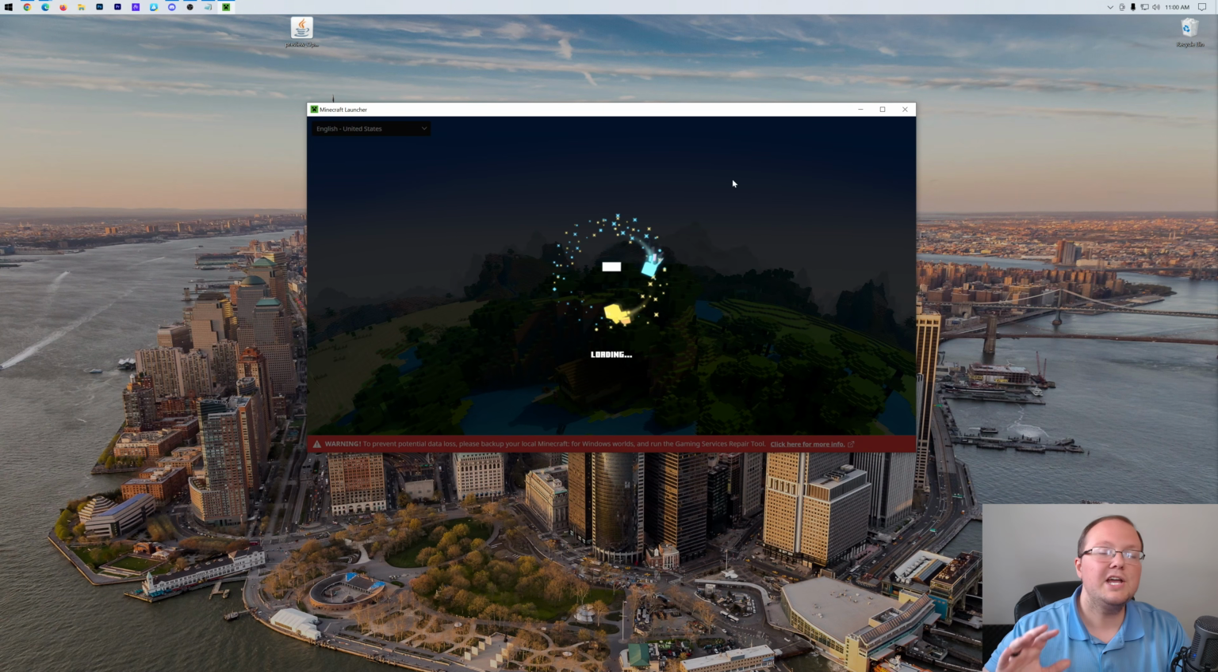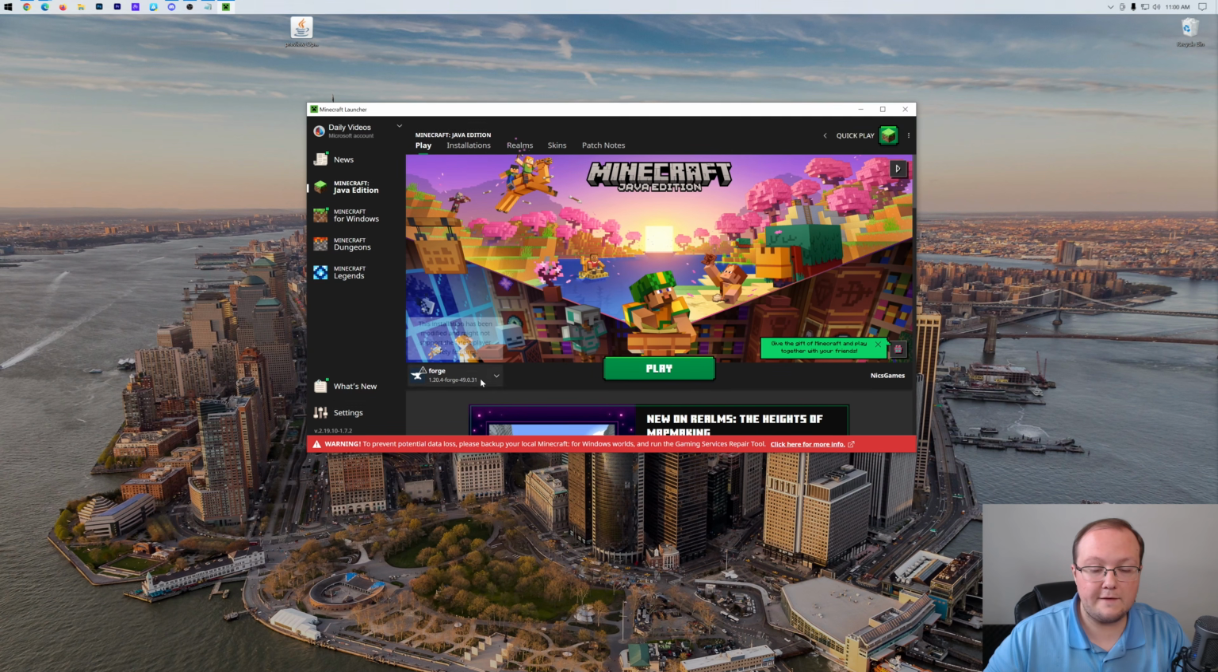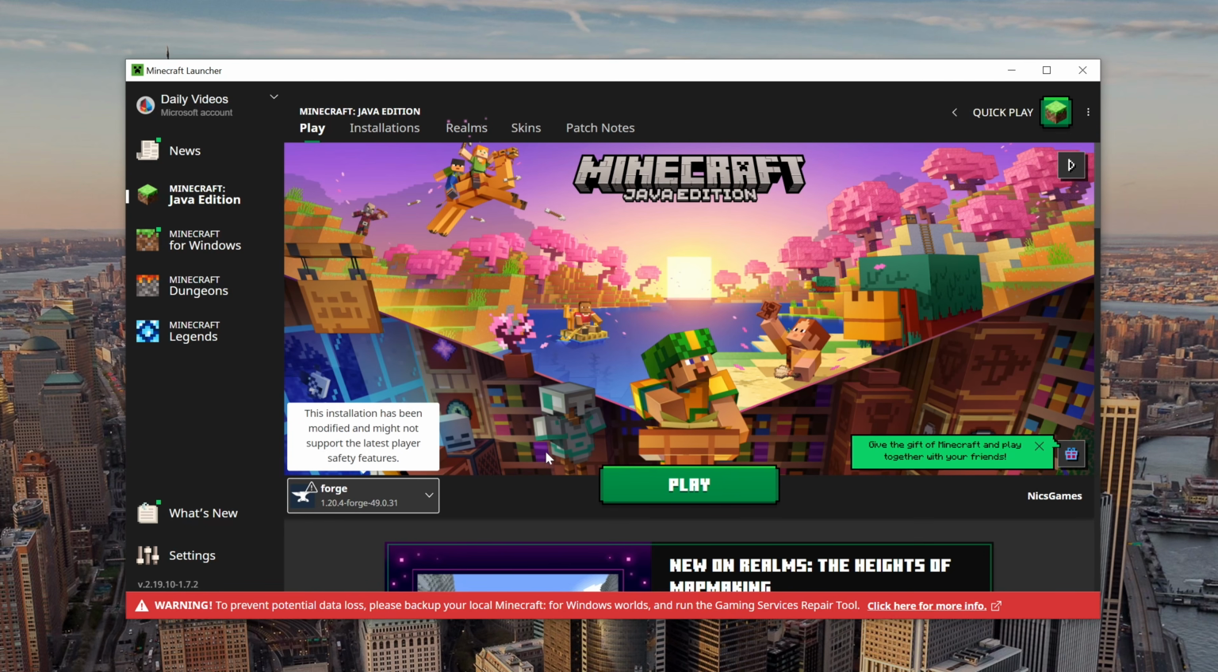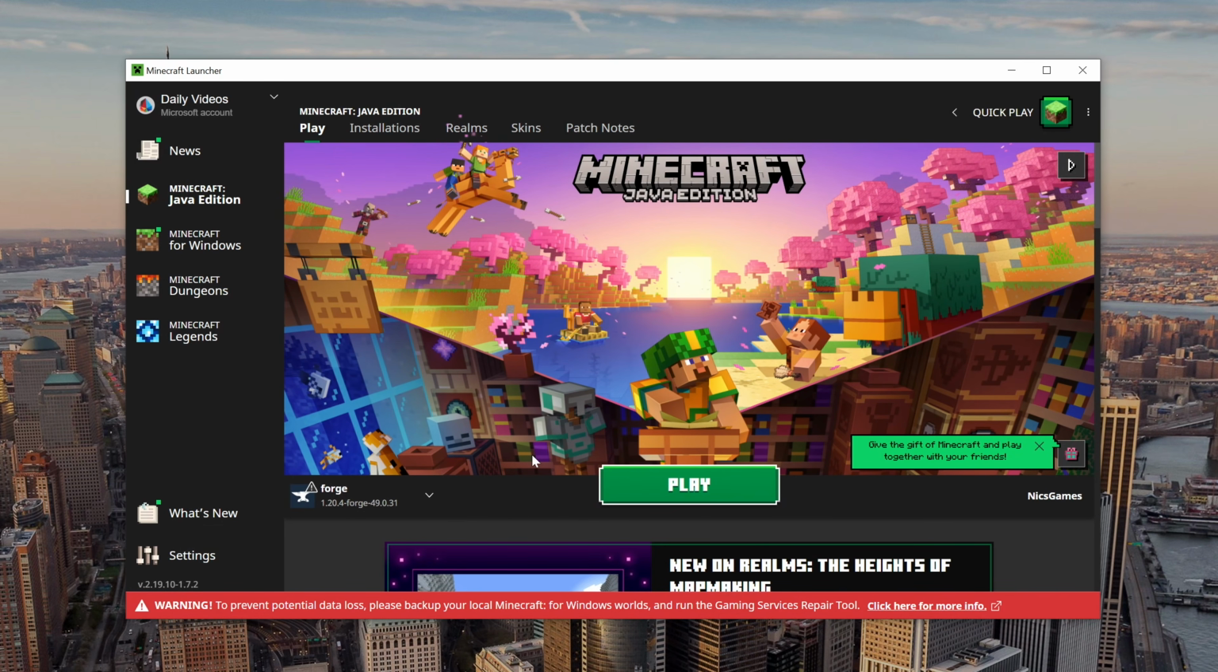Now, most likely, you've got a Forge installation already set up. It's good to go. So once we're in the launcher here, we can see that sure enough, there it is, Forge set up, good to go. We could click play and click play again. But if for whatever reason you don't have Forge here, or it's not the 1.20.4 version of Forge, go ahead